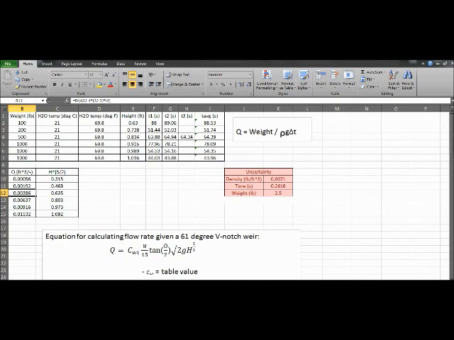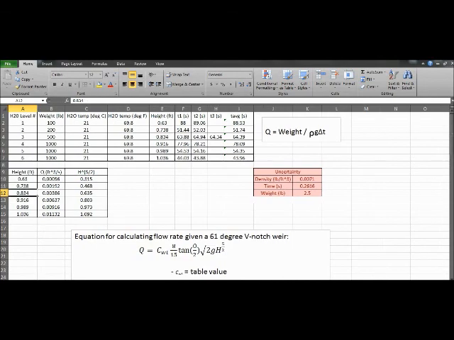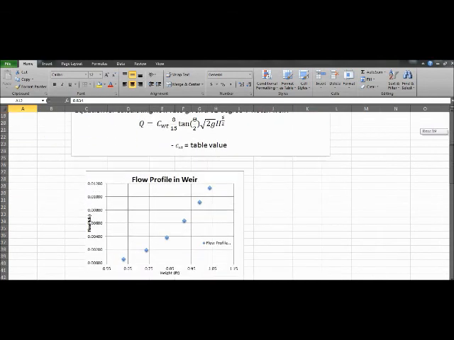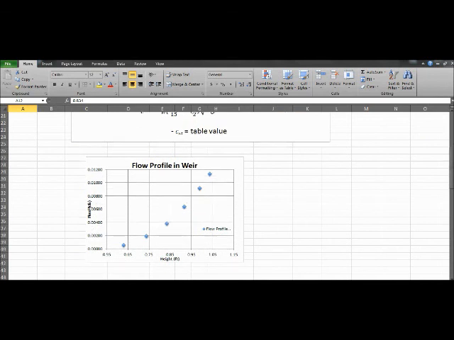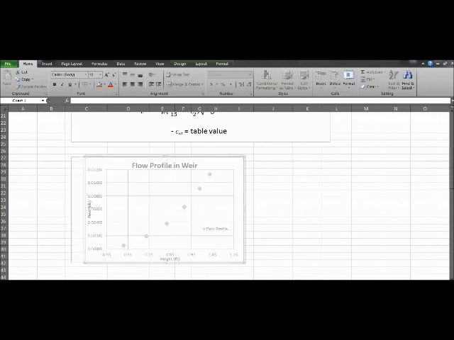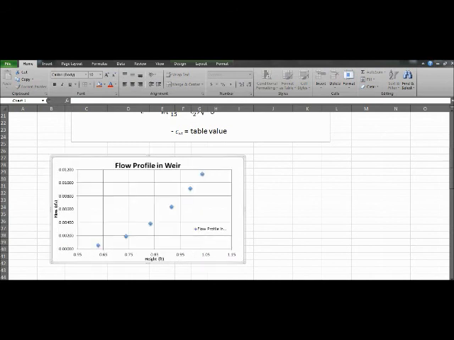So to give you a little bit of an example, come down here. Here is our plot of our data. As you can see, we have flow over here on our y-axis and height on our x-axis. So to show you a little bit